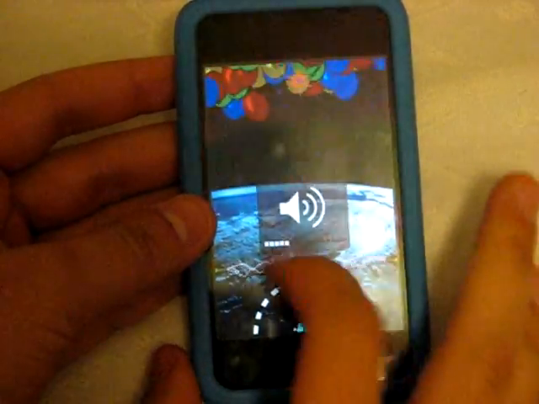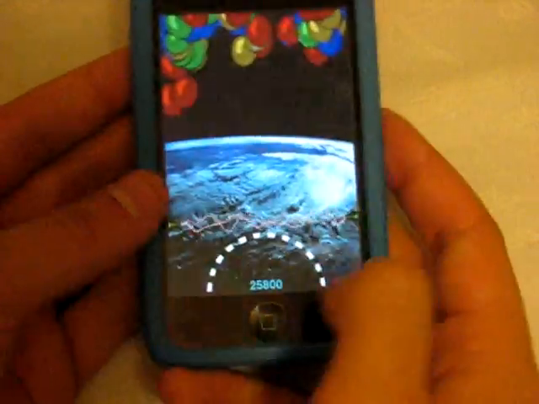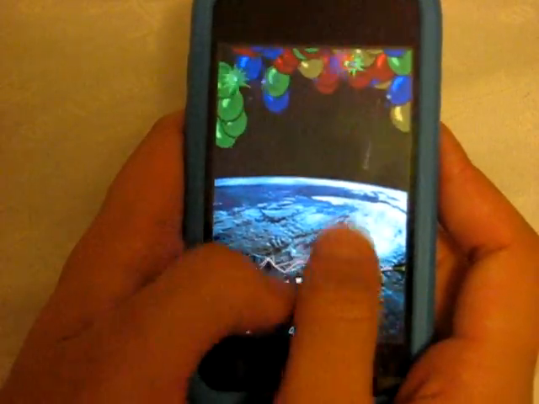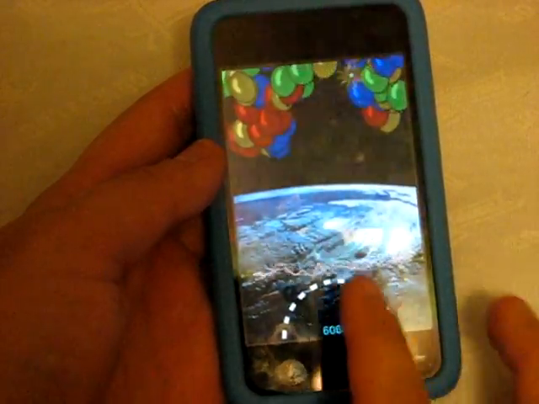And flicking your finger in a direction will actually shoot darts or little arrows, and they just pop balloons. It's very simple as that. You can actually use 2 fingers, is what I found, for a quicker, more rapid fire. It's less accurate though, probably. But anyway, as the balloons do continue to come down towards the bottom of the screen,